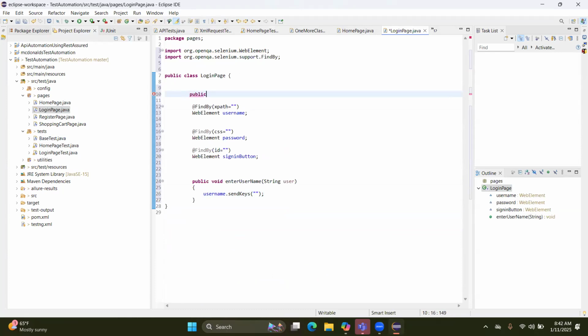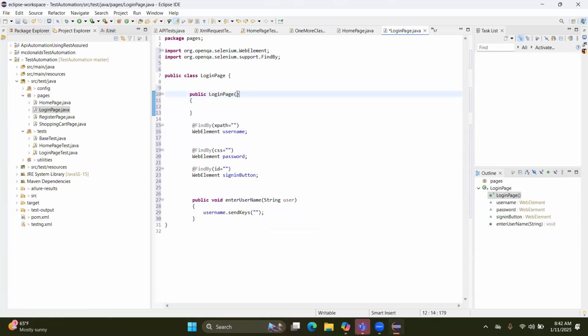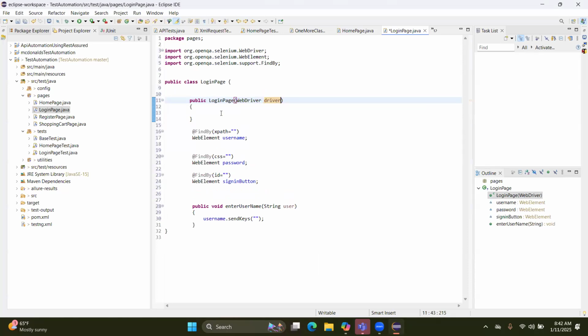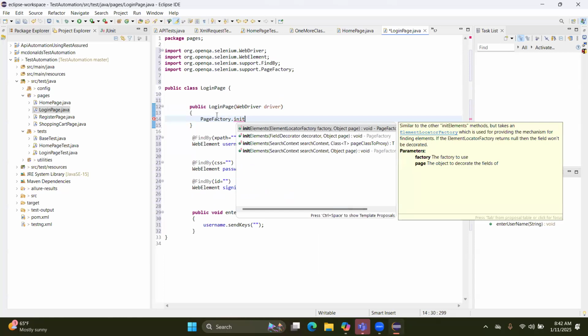public LoginPage, and here also we have to write WebDriver. Let me import this WebDriver, and here you have to write PageFactory.initElements